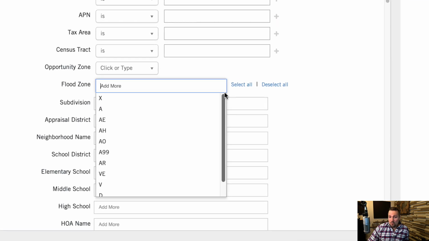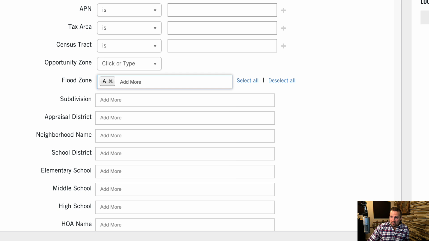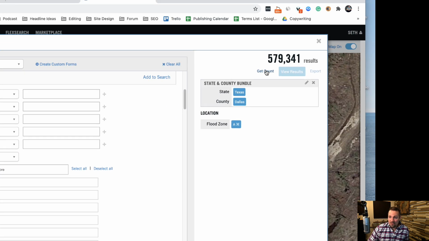But anyway, what this is doing here is if I select one of these things, it's only going to include the properties that are in this flood zone. So this isn't really a way to exclude the properties that are in that flood zone. This is a way to just target only those ones. So say if you're somebody who does not want to send mail to people who do own properties that are in this particular flood zone, that's not really effective for this. This is only if you do want to send mail to those people.